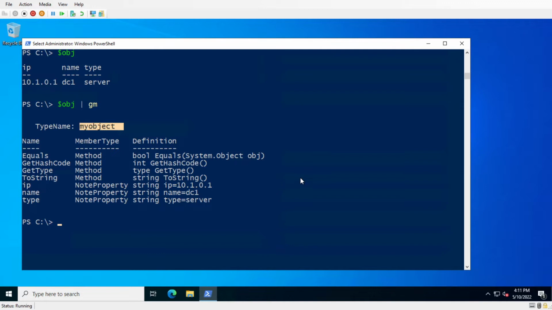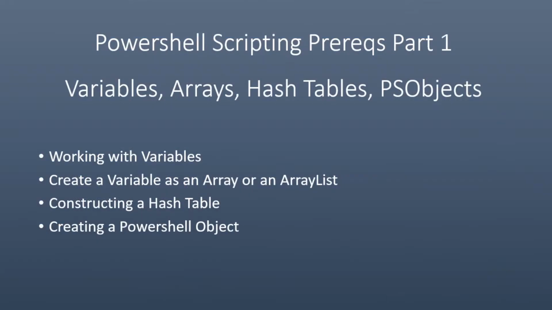So for people that want to know, like, hey, how do I create hash tables with more than 2 columns in them? Well, in PowerShell, you really don't. You just create PowerShell objects, and that gives you a lot more functionality to it. All right. So that is having a look here at some of the different constructs for